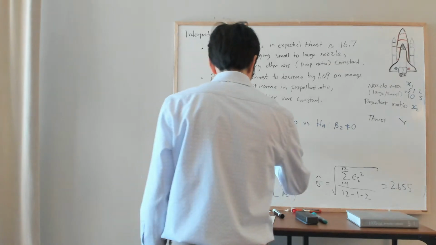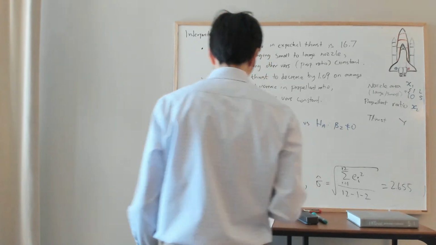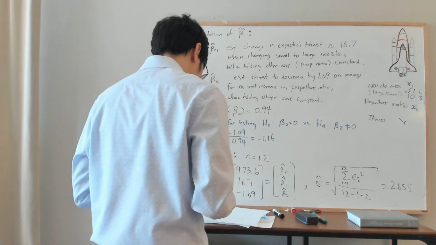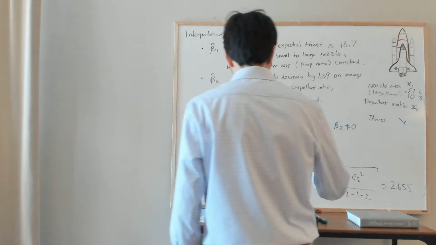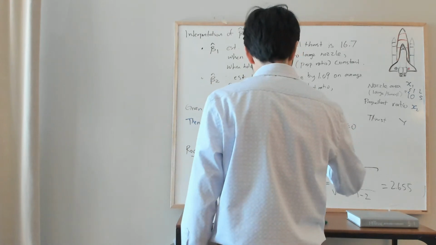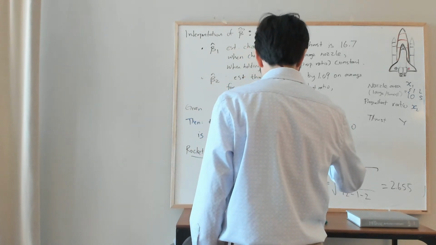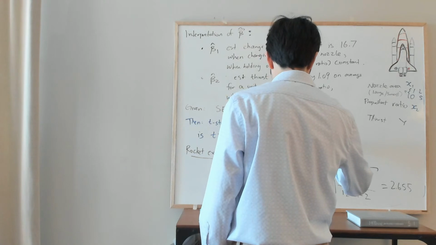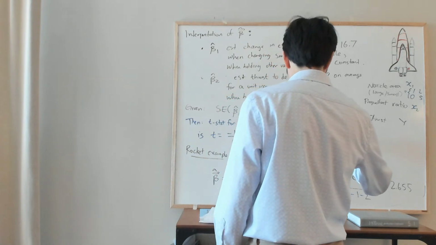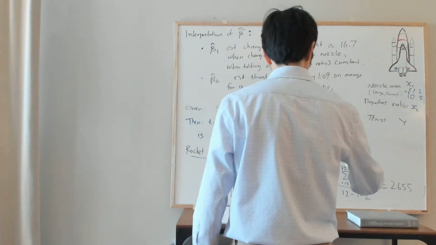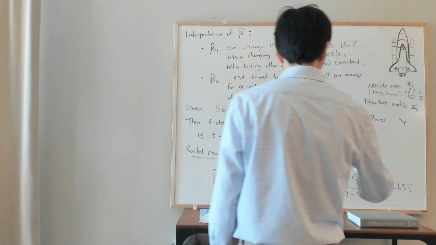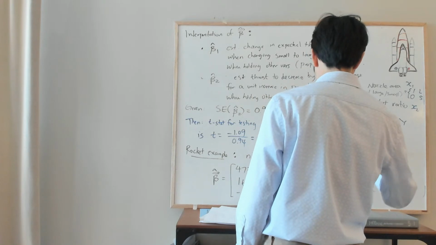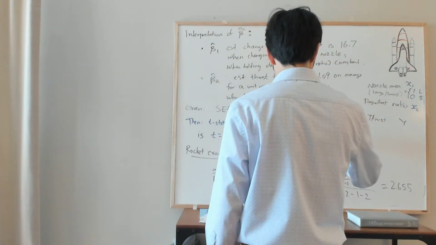So this is about minus 1.16. And so the p-value would be the probability that a t random variable exceeds 1.16. Okay, I'm going to take off the absolute values of 2,